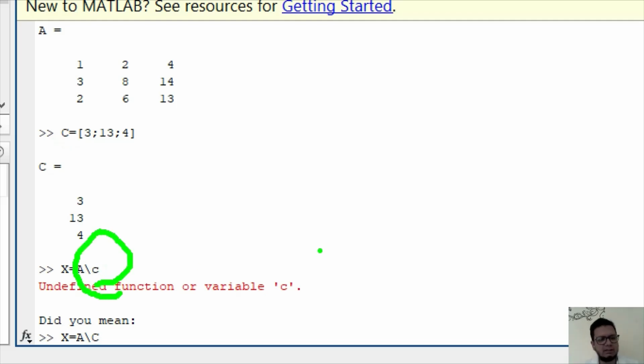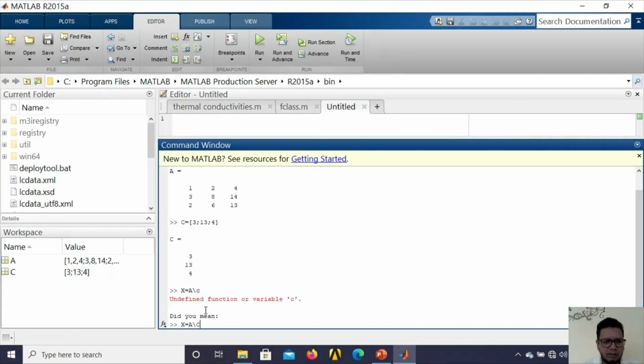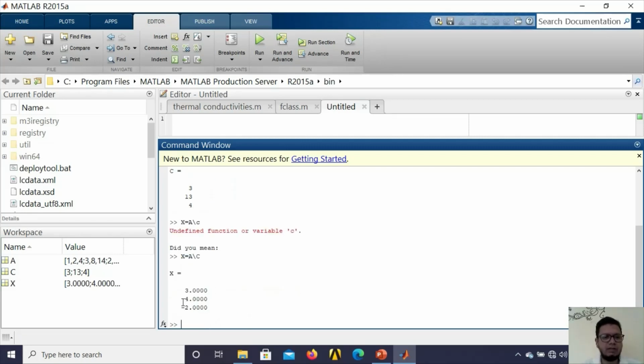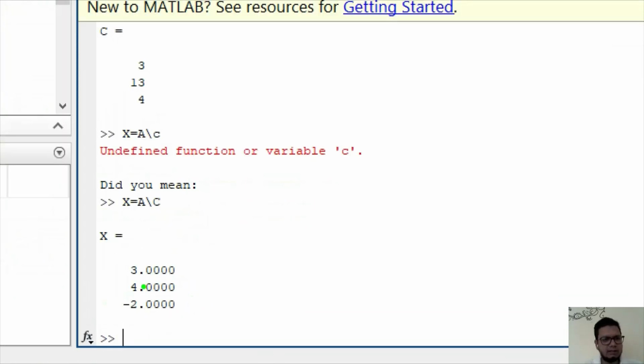It's case sensitive software. It also asks, did you mean capital C? Yes. So then just press enter. Your solution will come: x1 as 3, x2 as 4 and x3 as minus 2.